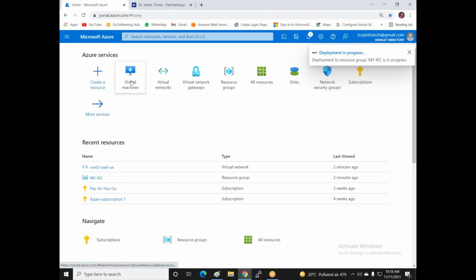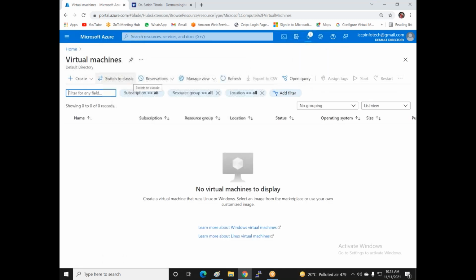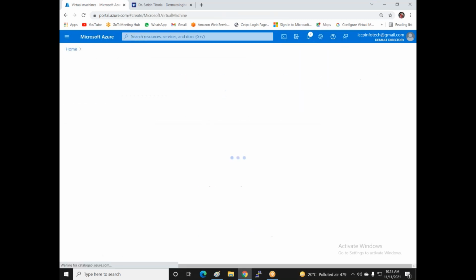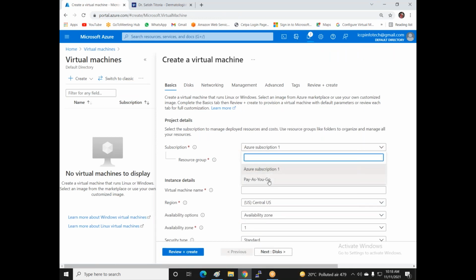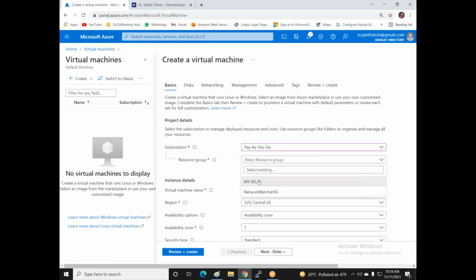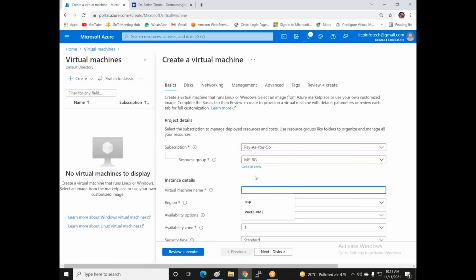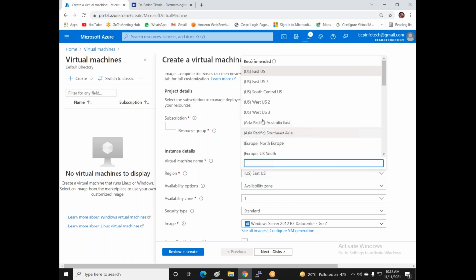Now click on home, then virtual machines, and create virtual machines. This is VM2 for VNet 2, and VNet 2 is available in Central India.